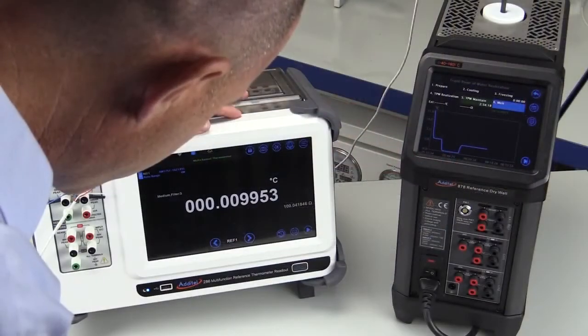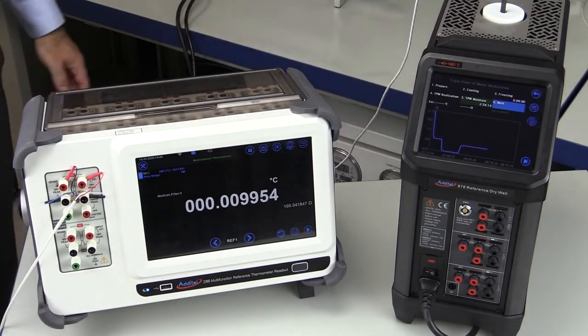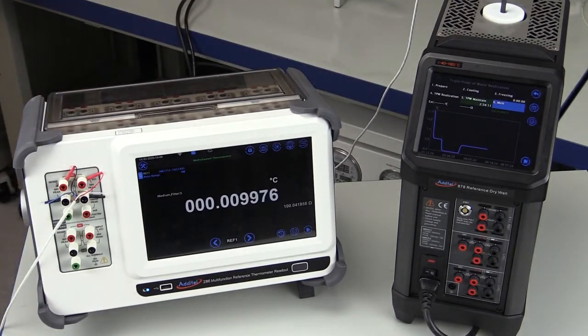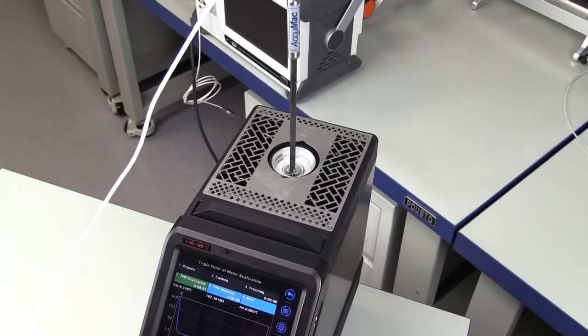One big advantage of having an intrinsic standard like the ADDITEL ADT878 TPW kit on hand is the ability to validate your reference thermometer prior to running a self-calibration feature of the ADT878-160. Additel really is making metrology simple with the innovation of products like the